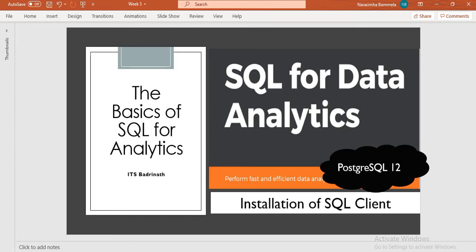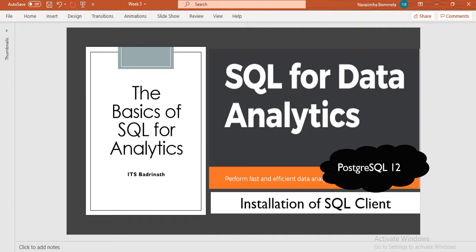Welcome, guys. In the last week, we learned about using Microsoft SQL for conducting data analytics. Some data sets were given to you, and you worked on those data sets using Microsoft SQL and Microsoft Excel, and you created dispersions and averages. You also created histograms and evaluated some important exploratory data.